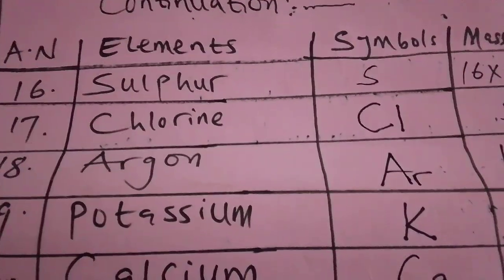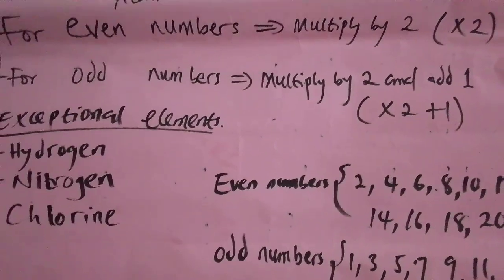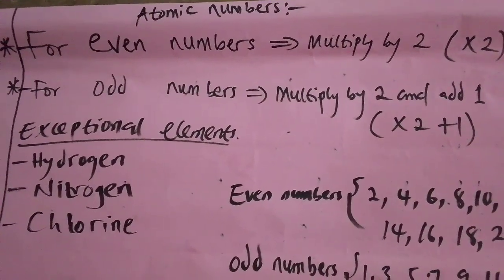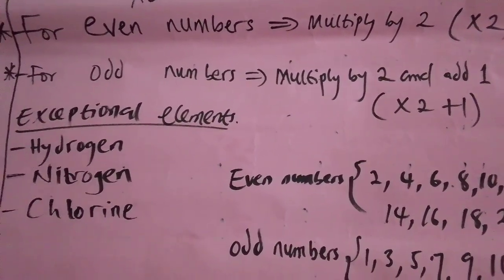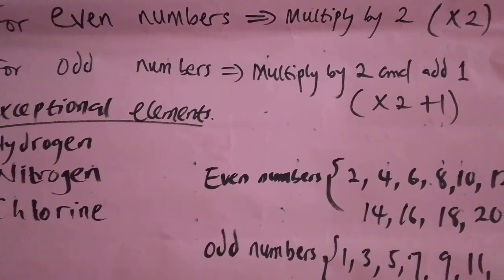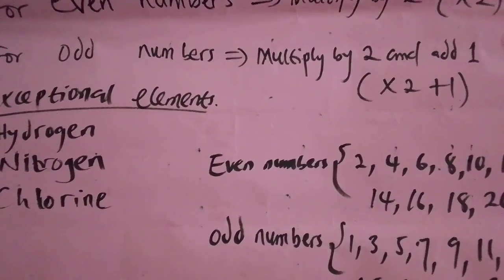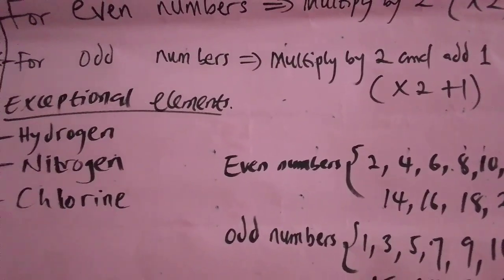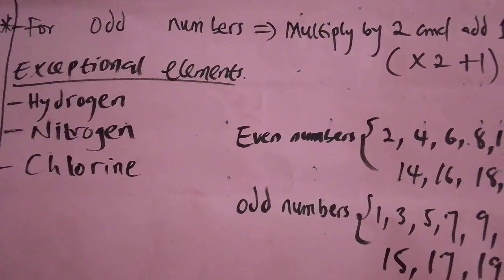Okay. I hope this video is helpful, and I do believe that if you follow all these tricks, for atomic numbers that are even, just multiply by 2, and for atomic numbers that are odd, multiply by 2, then add 1. So it will give you the mass number of the first 20 elements. And the exceptional cases are hydrogen, nitrogen, chlorine, and also